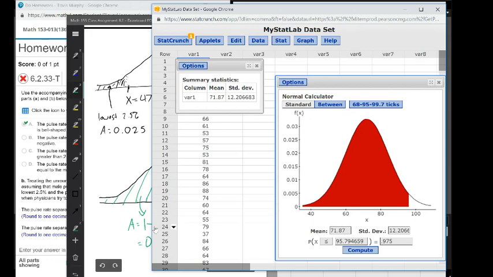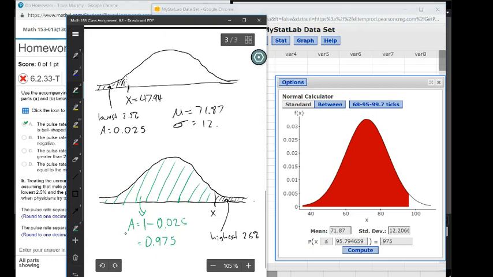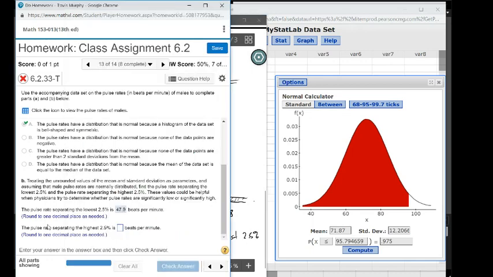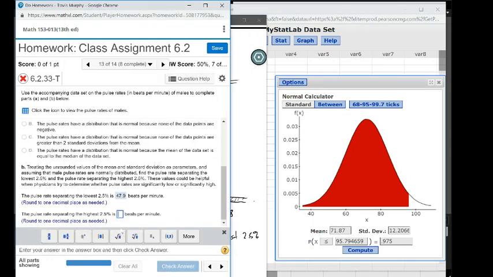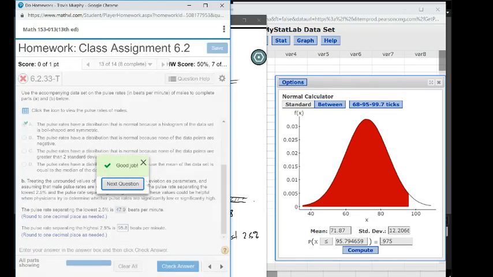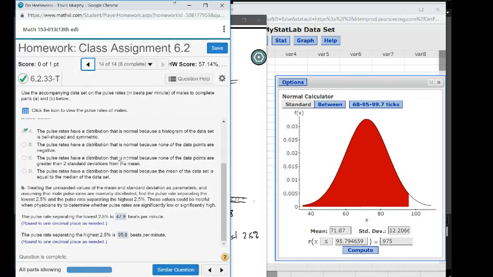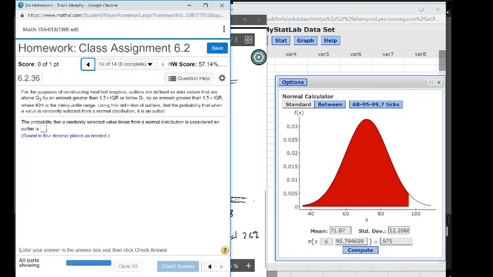So 95.79, we'll round that to 95.8. So pulse rates of 95.8 and above are in the highest 2.5%. And that concludes the odd